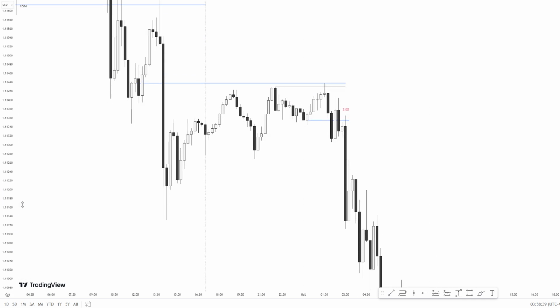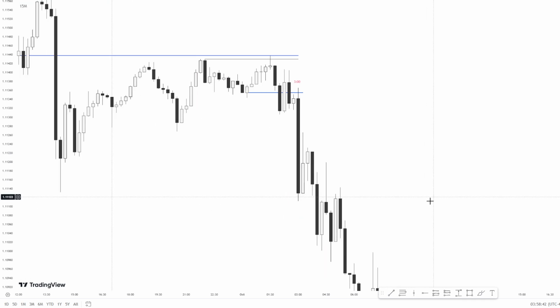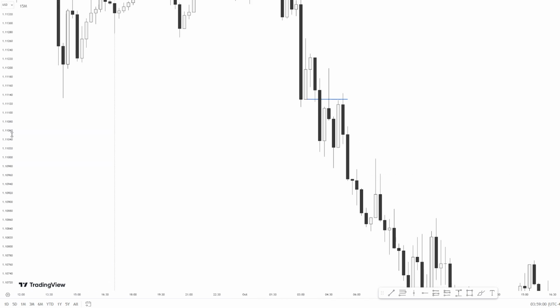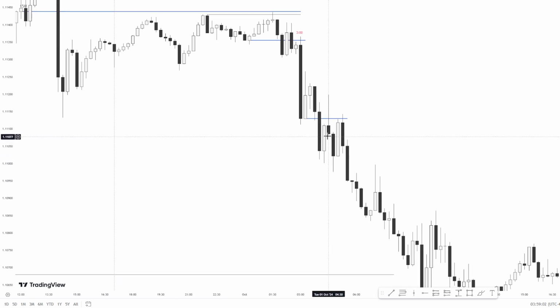So seeing this, I was more confident to look for a trade setup. We expanded, and on the 15 minutes, you see we had these consecutive up close candles, and then we closed down below it. So I wasn't going to take a trade at the open of this candle because then my stop loss would be so outrageous. So I waited for price to trade back into this up close candle, and I took a trade with my stop loss above this high. As you can see, 14, 15 pips.